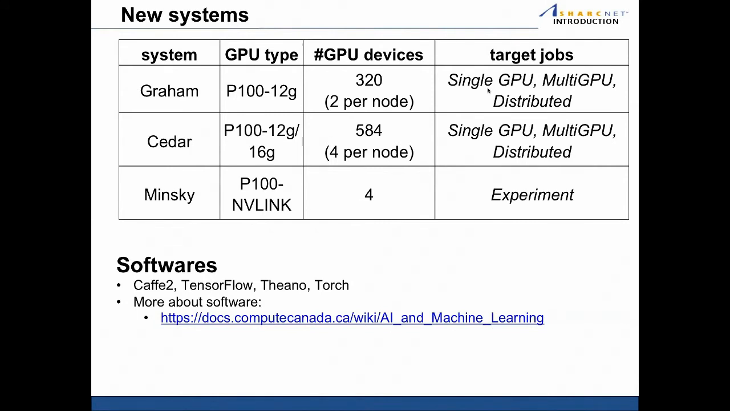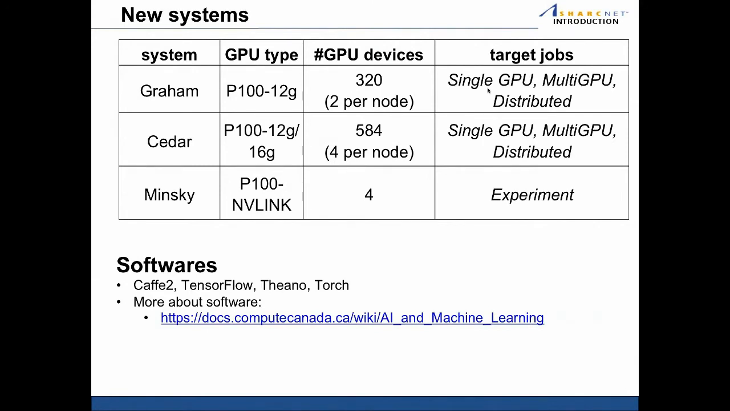We also have one IBM experimental box called Minsky, which is equipped with Pascal P100 GPUs with NVLink. We only have one of this box in Sharcnet, with 4 Pascal P100 NVLink GPUs inside. If you are interested in doing some experiments with NVLink, please feel free to contact us to get access to this machine. And for software,